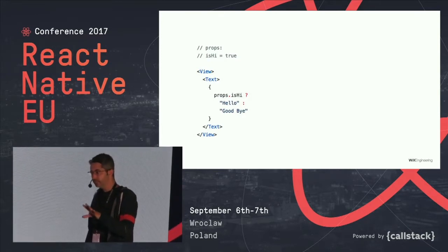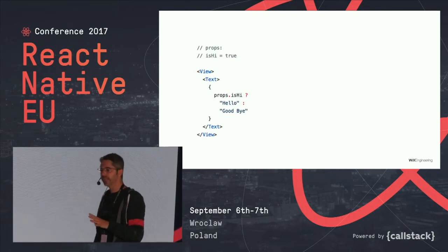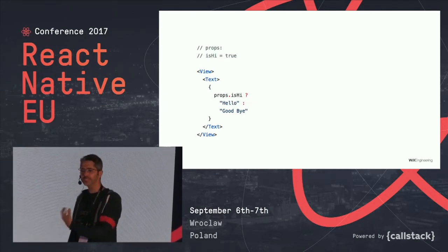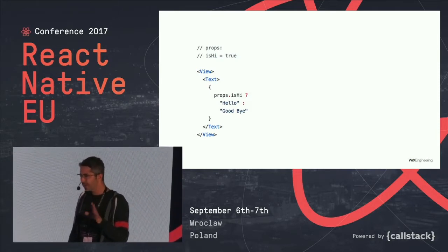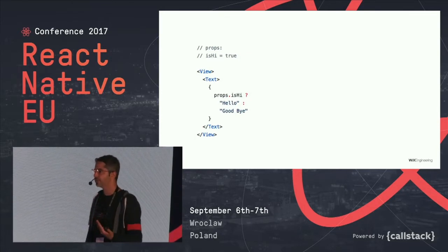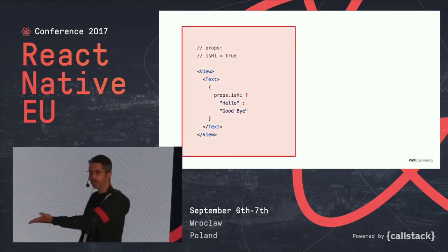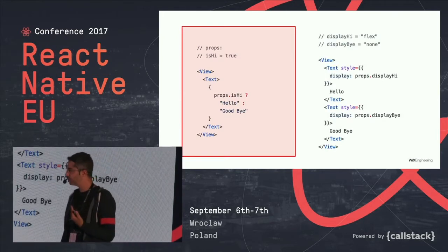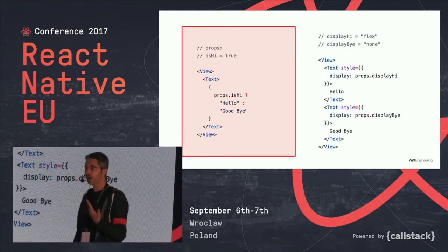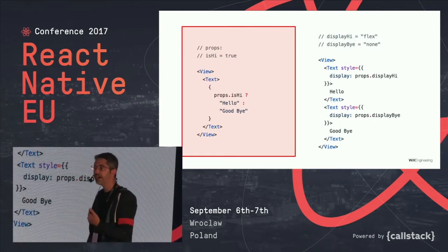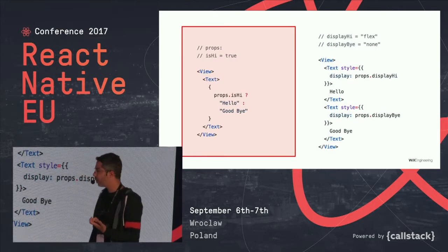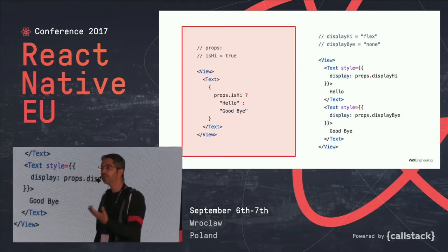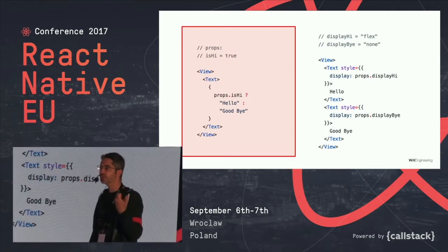So there are ways to work around most of the cases, I think, and it's especially true for lists, because lists that are repeating and have the same cell over and over, if you think about it real hard, you see that they don't usually require a lot of JavaScript code inside. So what would you do? It doesn't satisfy the limitations that we talked about before, but you could just change the props that you have. So for example, I would define new props, display high and display bye, instead of just having a Boolean called isHigh. And the values of these props would be flex and none, because I don't want the business logic inside. I pushed the business logic to the props.